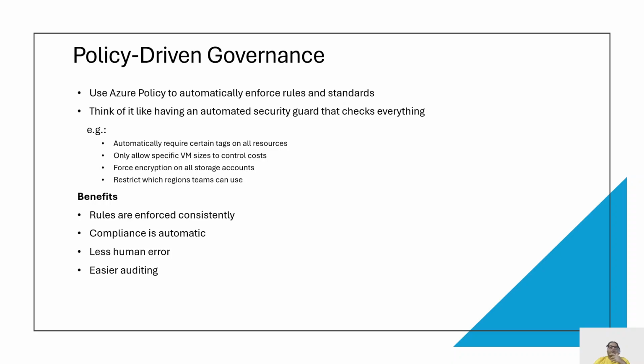Now, where do you assign them, and what scopes do you want to assign? You can apply policies at different levels, such as management groups, subscriptions, or specific resource groups. This flexibility helps enforce governance across your entire organization, or you can tailor rules to specific teams or